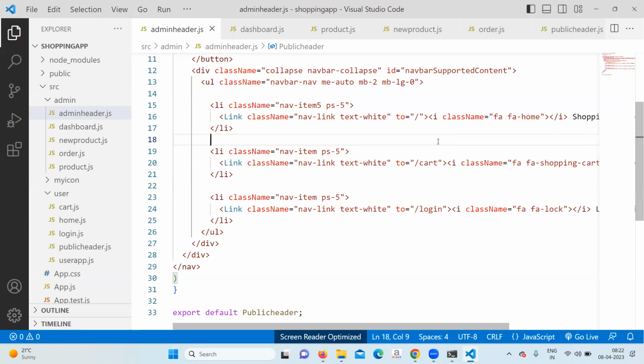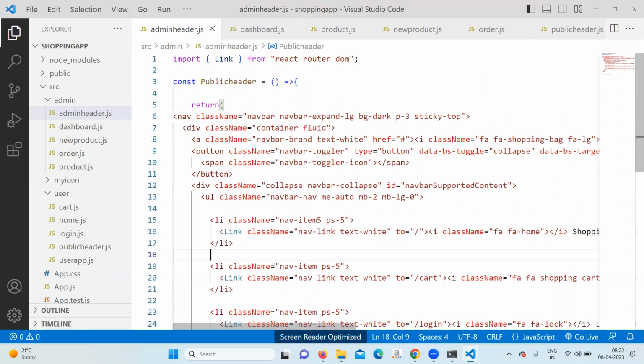Right, so copy paste done. Next, after that, admin header is